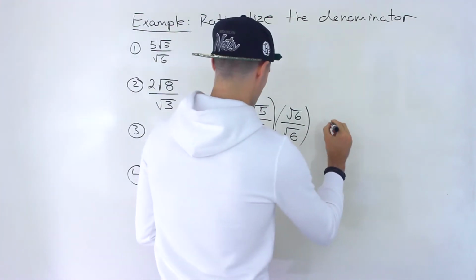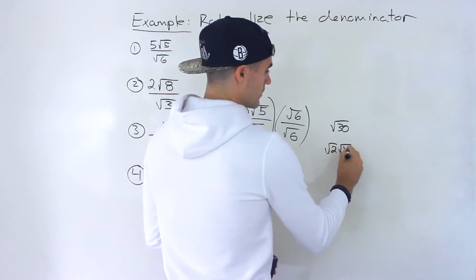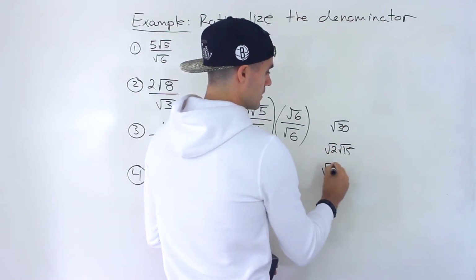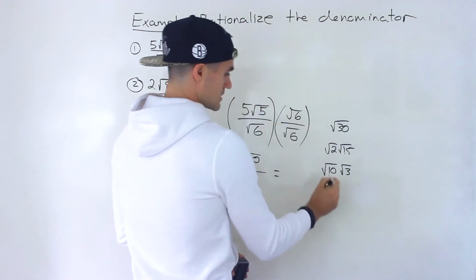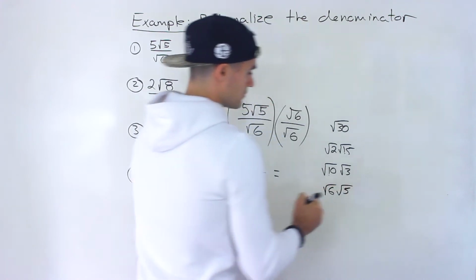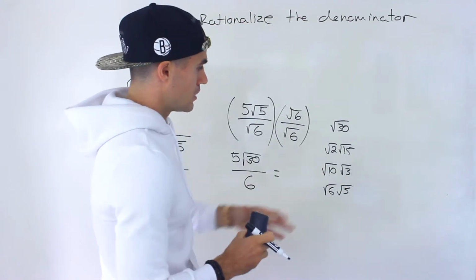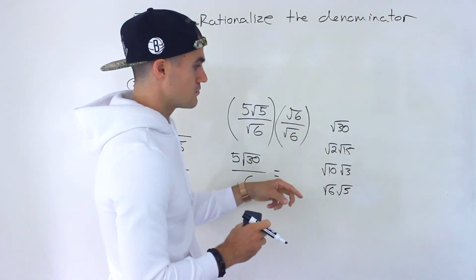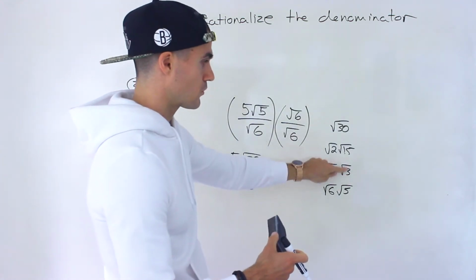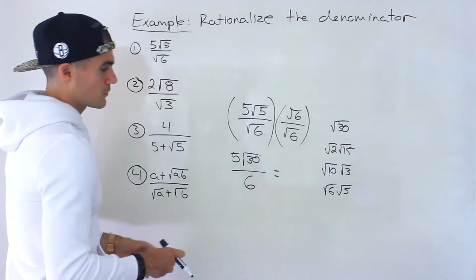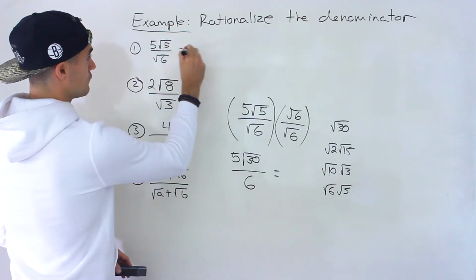And then the root 30, that doesn't simplify either, because if we try to break it down, like 2 times 15, we can do 10 times 3, we can do 6 times 5, which we already know these two don't simplify as we mentioned, right? No matter which way you break down 30, none of these numbers are going to be rootable. They're not going to give you an integer, okay? So root 2, root 10, root 3, root 15, those aren't rootable numbers, and so you can't simplify root 30. So this here ends up being the final answer